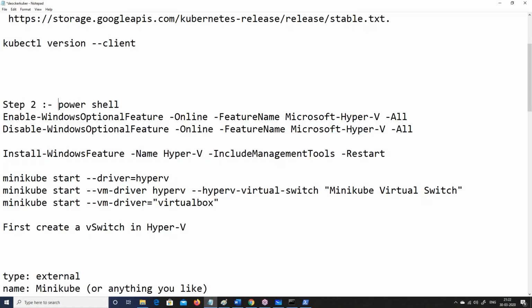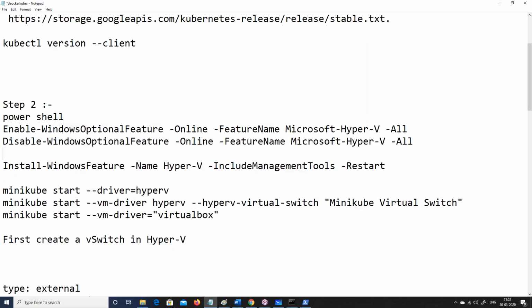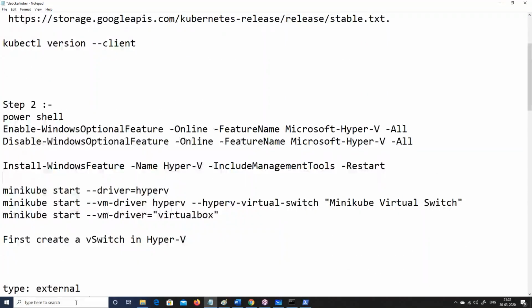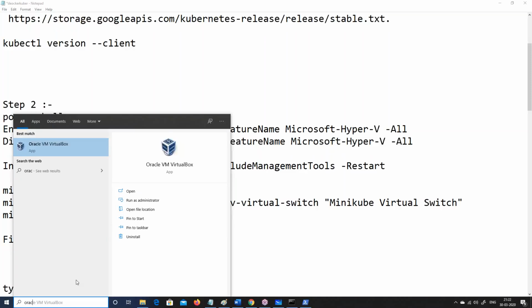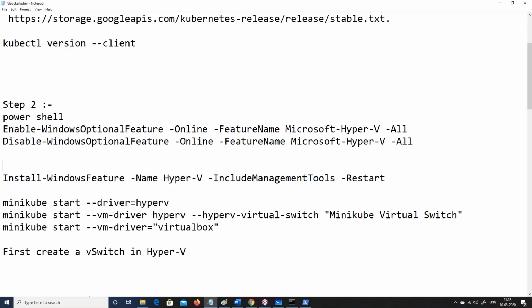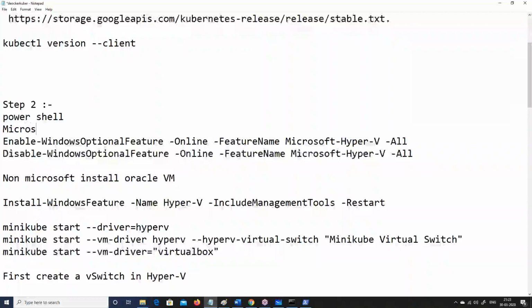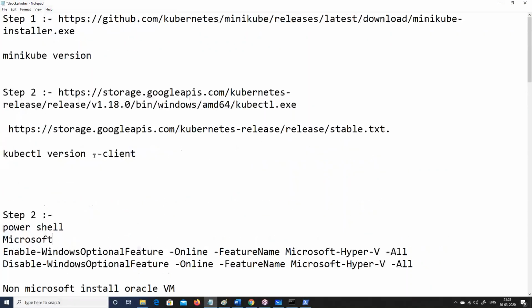You need to have some kind of virtualization. Now, in case you don't want to use Hyper-V, then please install Oracle VM. As I am on, at this moment, I am on this Windows Home and I don't have the proper virtualization Hyper-V, right? You can see that this is Oracle VM. So either you do this or you install the Oracle VM box. So if you are a non-Microsoft guy, you can use this. If you're a Microsoft person on a server, you can use this, right? So that is step 3,